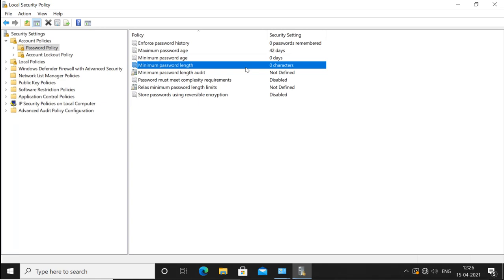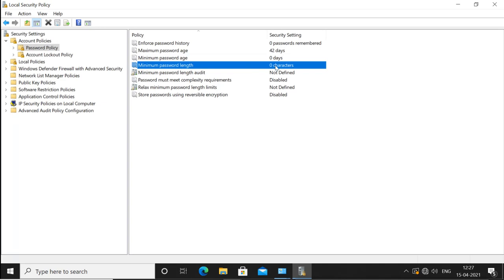At least you should have a minimum 8-character password or more. If you have a password of more than 8 characters, it will be difficult for any hacker to crack. They have different ways and different tools of cracking passwords, so they can crack your simple password very quickly. But if the password is more than 8 characters, it will be difficult for them. So we can force the user to use a password of more than 8 characters, or maybe more than 10 characters. We can force whatever we like.